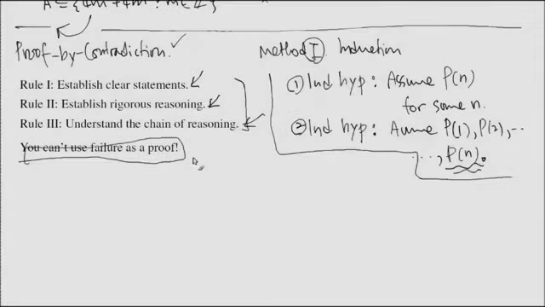But this is the main idea. You can't use your failure as a proof. Sometimes because you see a certain thing is obvious, you think it can't happen. How on earth can this happen? Therefore, it shouldn't happen. That's not a proof. That you feel like it is impossible is not really a proof. So you have to go about it in a different way. Okay?